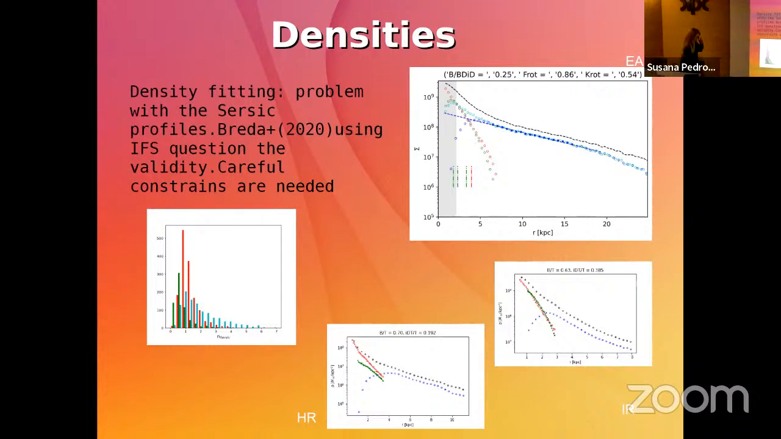Here we try the histogram of the Sérsic indexes we are obtaining. You can see that they are all around 1 and 2. This is a problem because 1 is the index for a complete exponential profile, and this is an old problem with fitting the